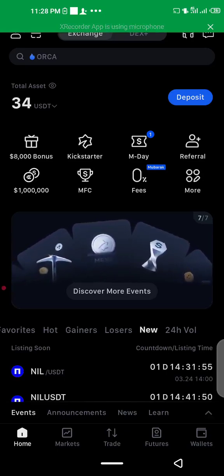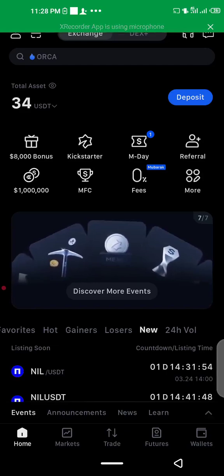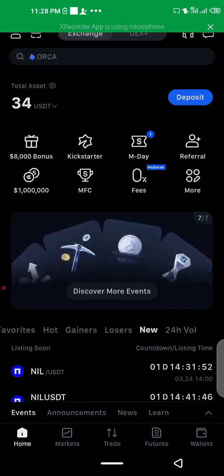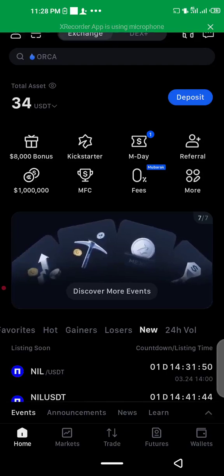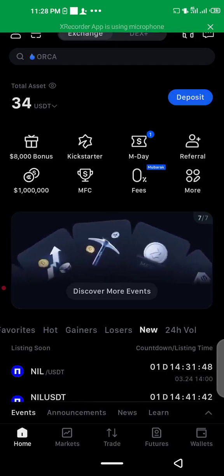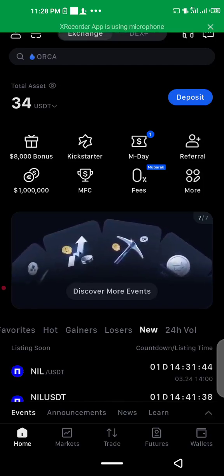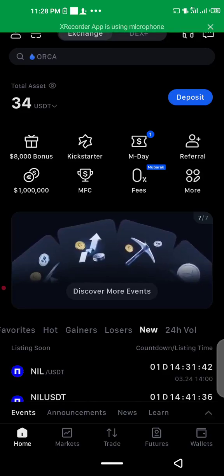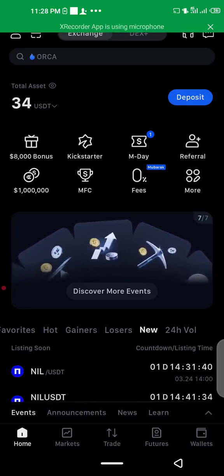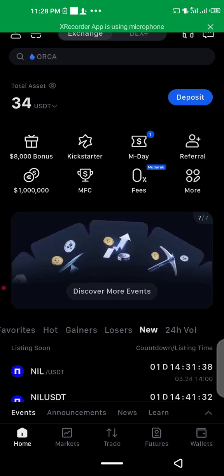Gas fee is the same thing as charges, like transport fare. You will need gas fee whenever you want to carry out a transaction on that platform. It's very minimal, not much, but I advise you buy at least $10 worth of